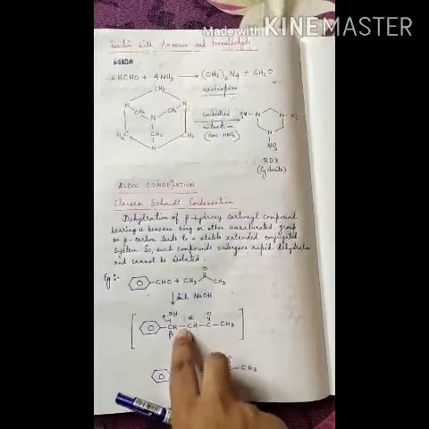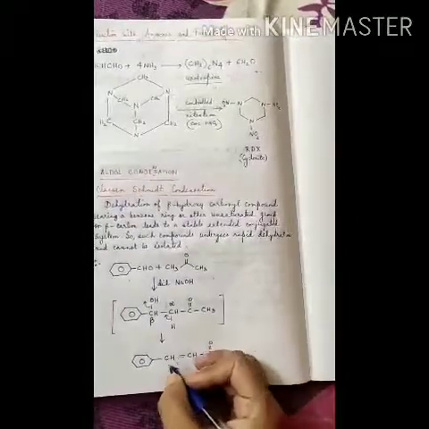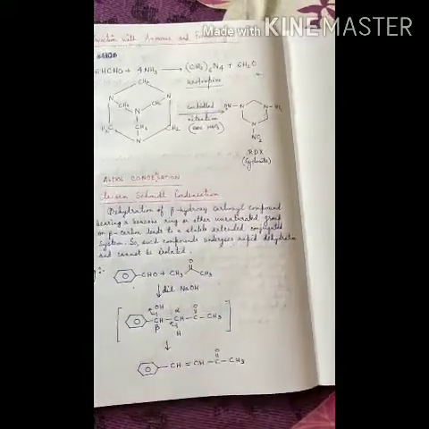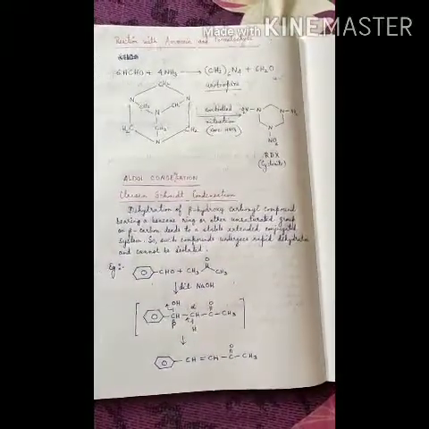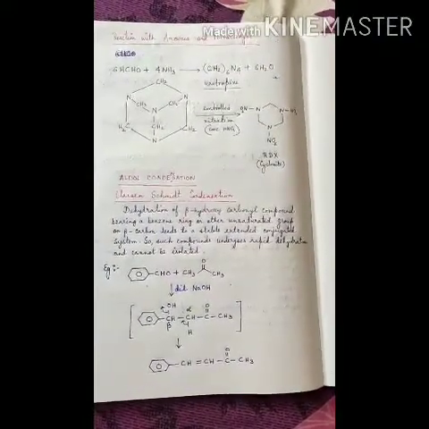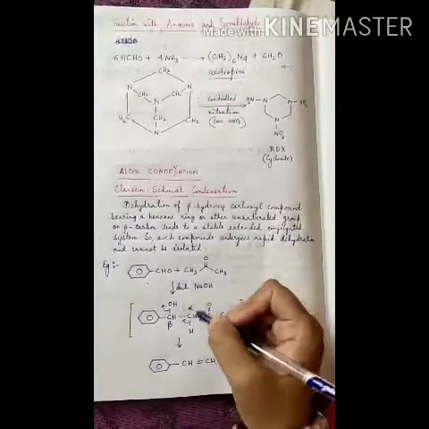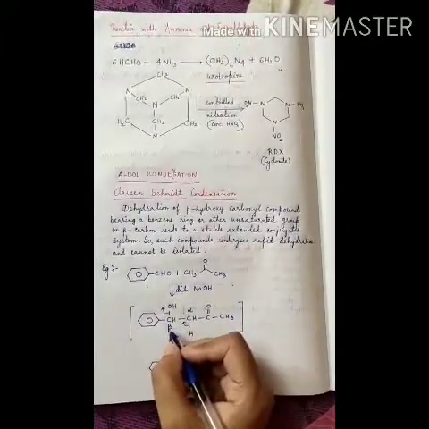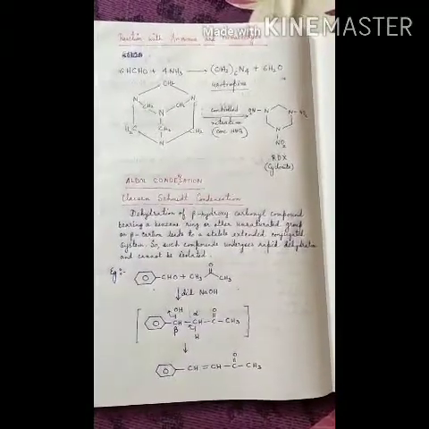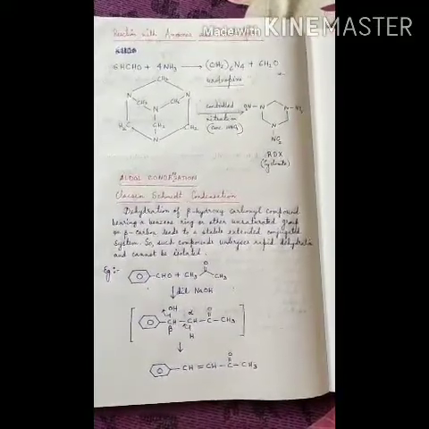Why? Because if here a double bond is formed, we will get an extended conjugated system. How? Here is a double bond, then again leaving this carbon atom there is a double bond on the benzene ring. So we can get the extended conjugated system, and for this reason it's a very stable compound after the elimination of water. So whenever after the formation of the aldol there's a benzene ring or an unsaturated group on the beta carbon atom, then the elimination will take place rapidly and we will get directly the alkene, and in these cases the aldol cannot be isolated.